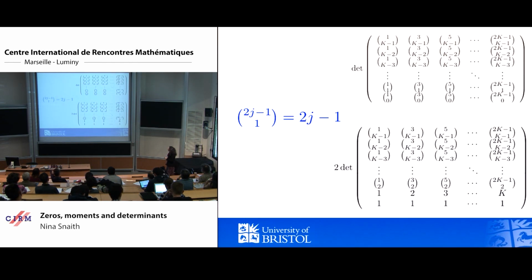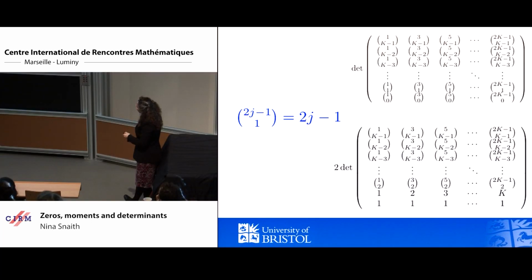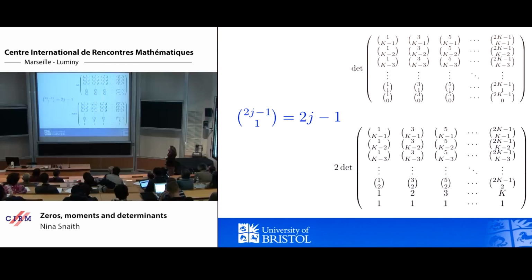Now, the bottom row is just a row of 1s, right? Because they're all something choose 0. The next row up, in the jth column, we have something that looks like this. So 2j minus 1 choose 1. That's what each of these looks like, where j is the column index. And so that is just 2j minus 1, right? We can get rid of the 1 because we have a 1 in the bottom row in every column,